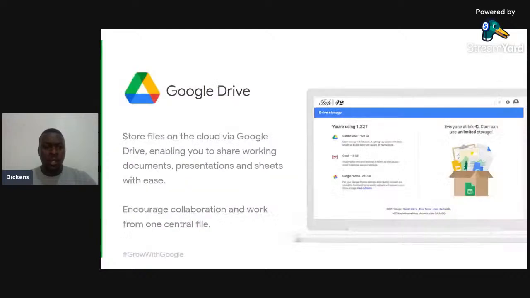We have Google Drive, and I believe most of us know about this feature. It enables you as a business, or as an individual, to store files on Google Cloud via Google Drive, enabling you to share working documents and presentations. When you want to store them, you will store them on Google Drive.